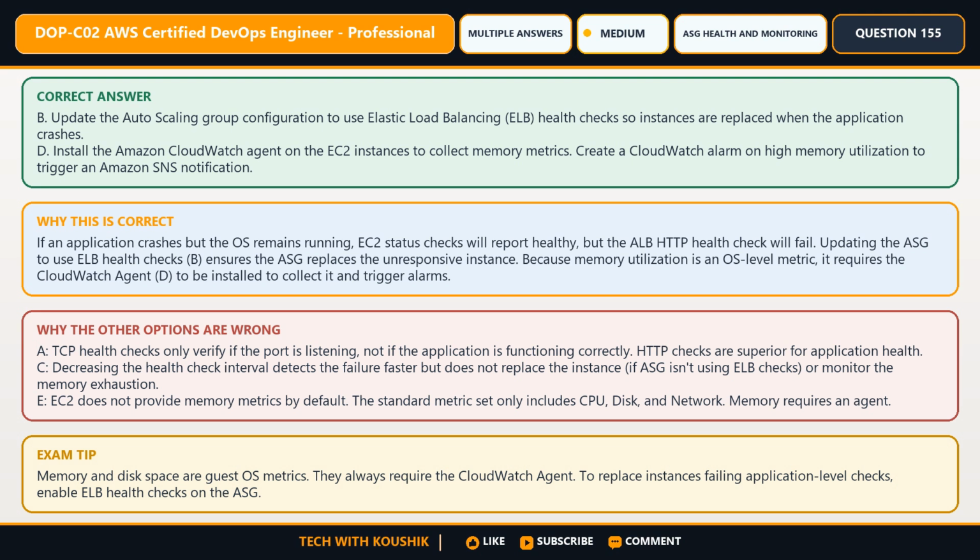If an application crashes but the OS remains running, EC2 status checks will report healthy, but the ALB HTTP health check will fail. Updating the ASG to use ELB health checks, B, ensures the ASG replaces the unresponsive instance. Because memory utilization is an OS-level metric, it requires the CloudWatch agent, D, to be installed to collect it and